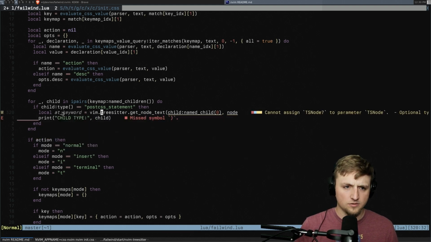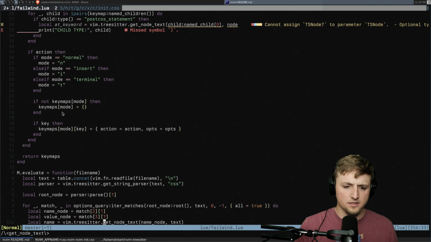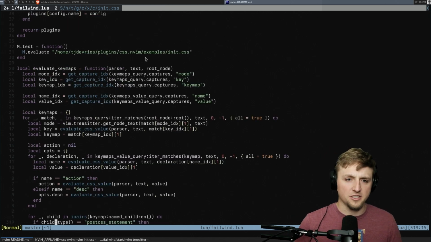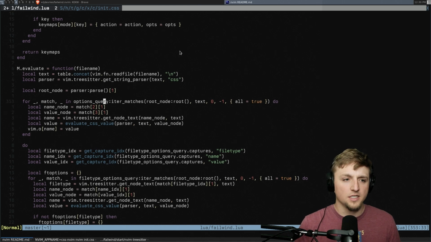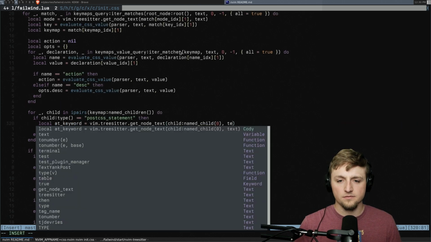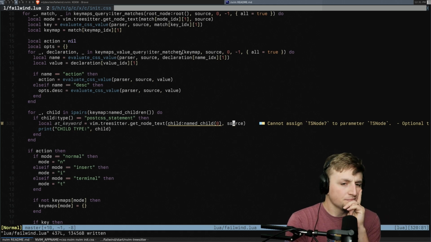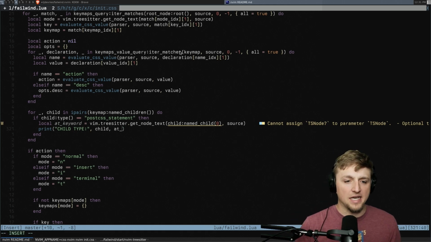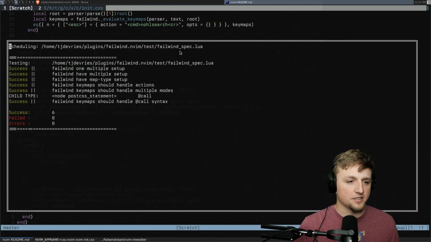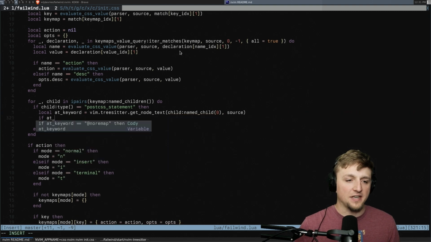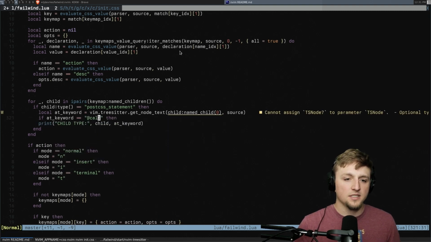Oops, how do we use this one again? Name node and text. Source, right? Or did I call it text? Am I calling it text on this one? No, it's a bit annoying. Okay, that's good. So then this should be at keyword. When we go back to here and we run this, it should say at call. Beautiful. So if this is at call, if at keyword equals call,